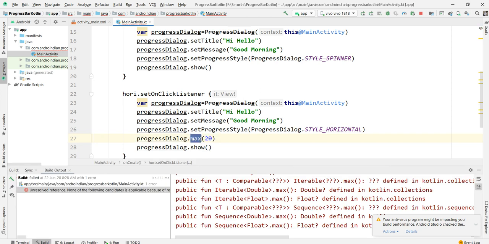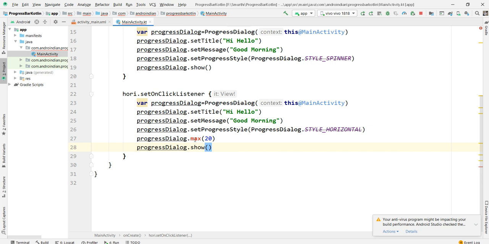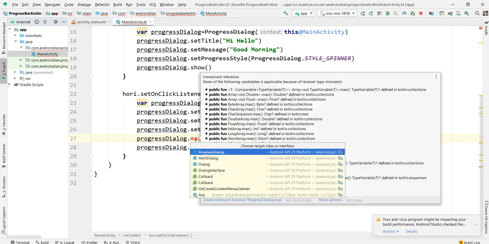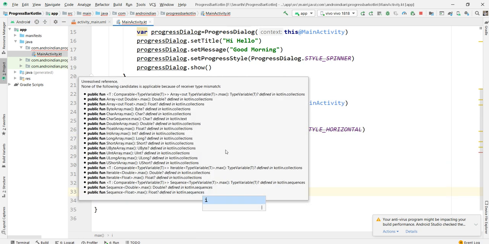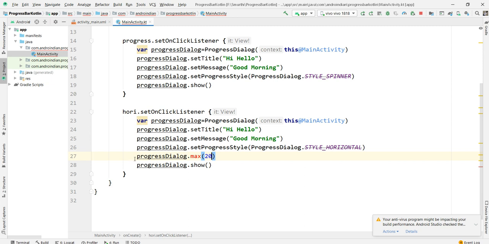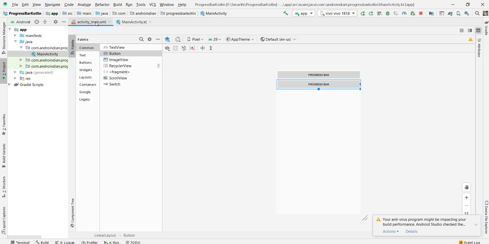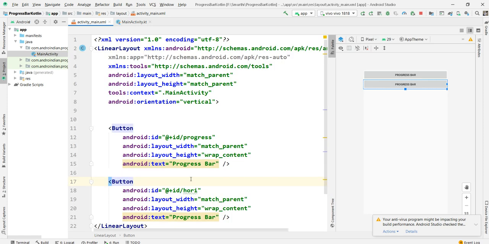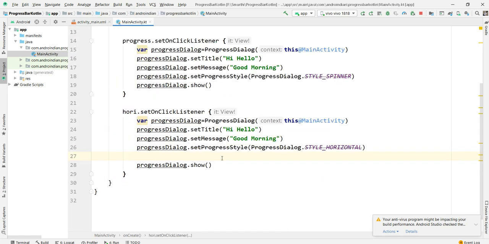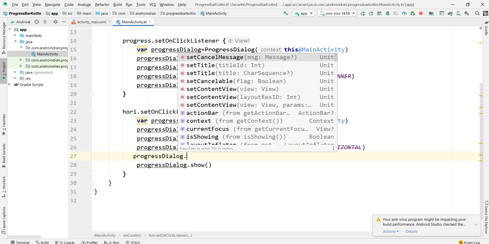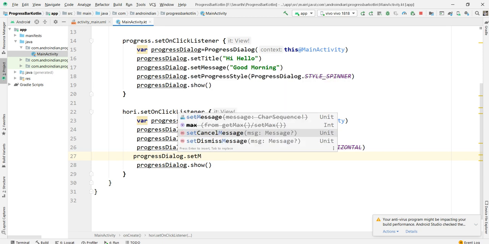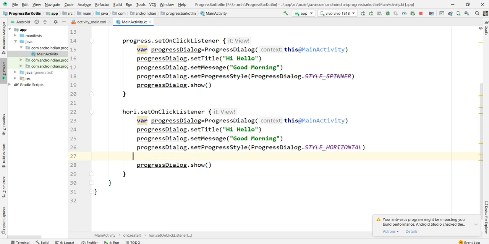Just a minute, here it's max. Because of the deprecation, it's not supporting. Otherwise, here we can set this maximum value.